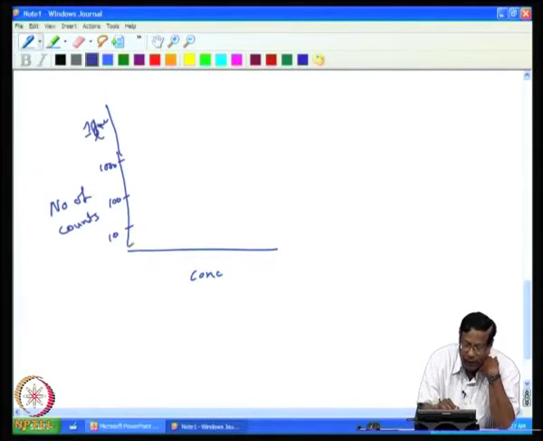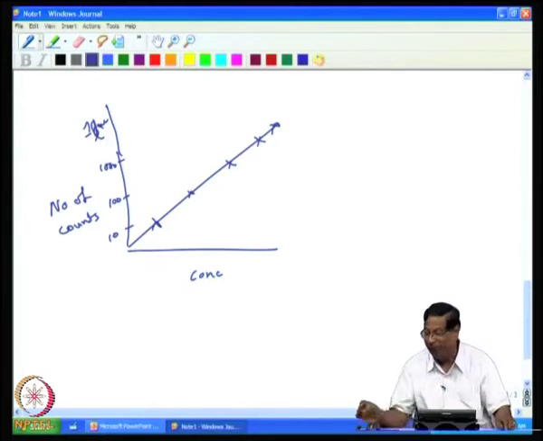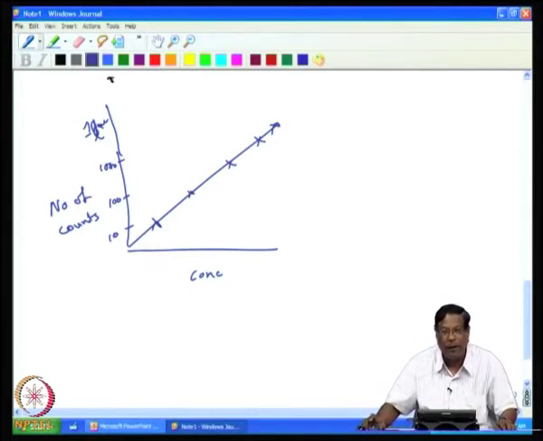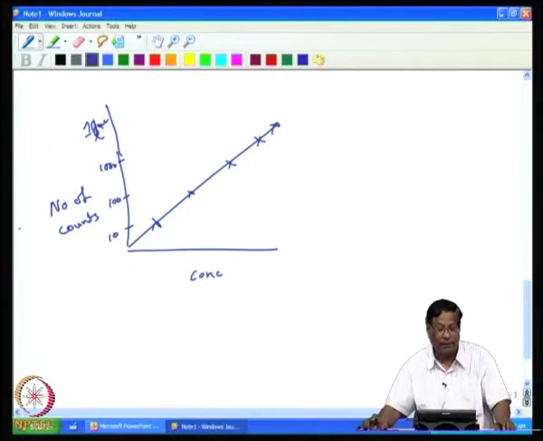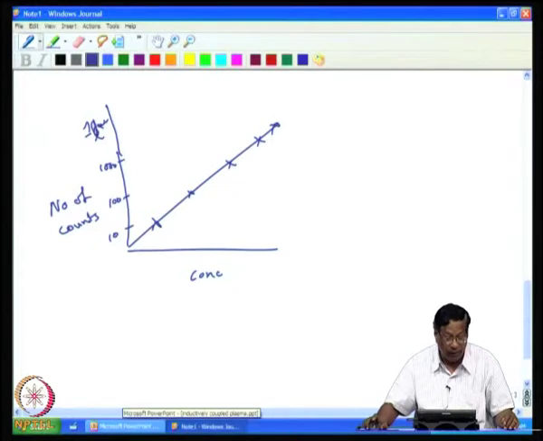So, the calibration curve you would be drawing like this. What you are plotting is only the counts. So, these counts need to be treated statistically to determine the concentrations. Of course, a computer does this job, but